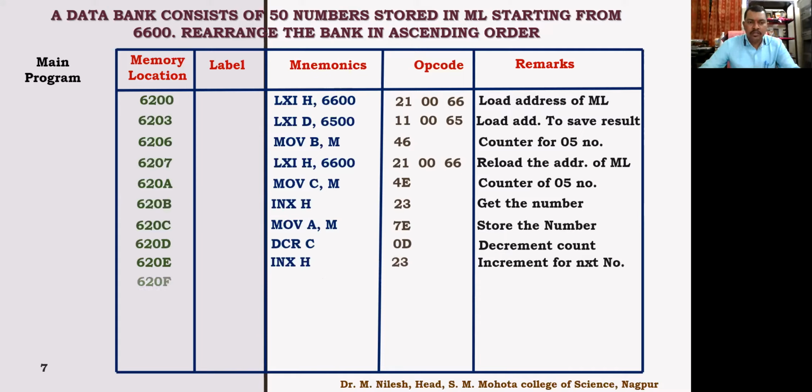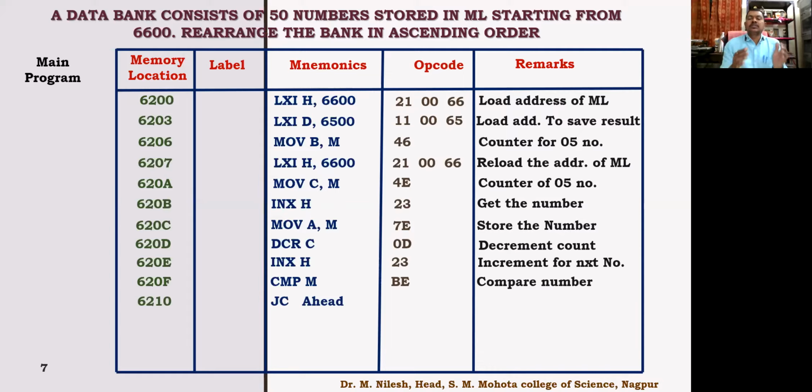In the accumulator. So now the next instruction would be compare M, right? Now what it does, it will compare the present number with the contents of the accumulator, right? So these two are being compared, and we have to check the carry whether it is carry or not. So let us check jump if carry.